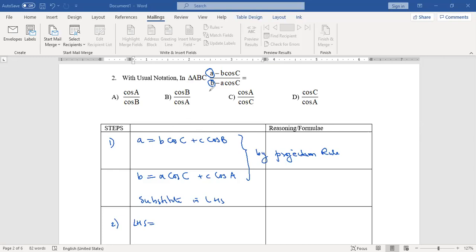Okay, I think all of you got the answer. When you replace this over here, B cos C will get cancelled. And when you replace this over here, A cos C will get cancelled. So you will be left with what? C cos B divided by C cos A. So C also will get cancelled, hence B is your answer. Very simple question, just a warm up.